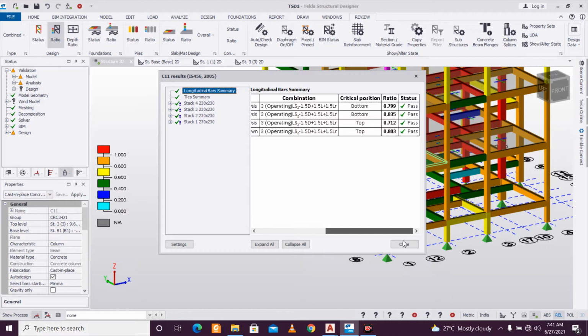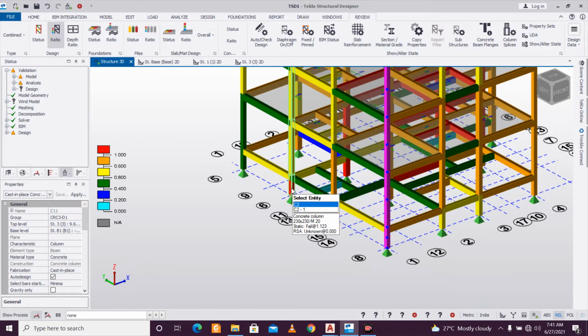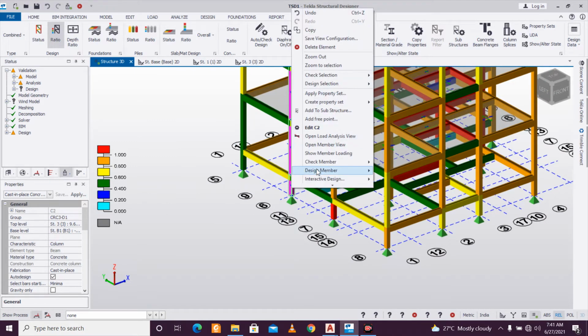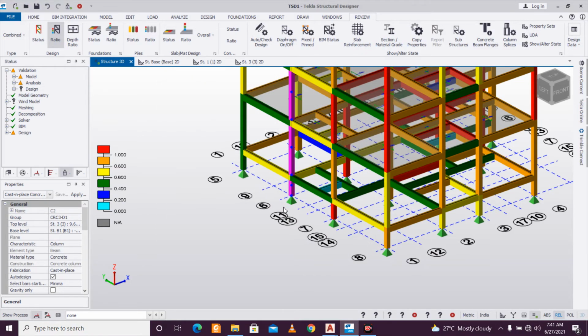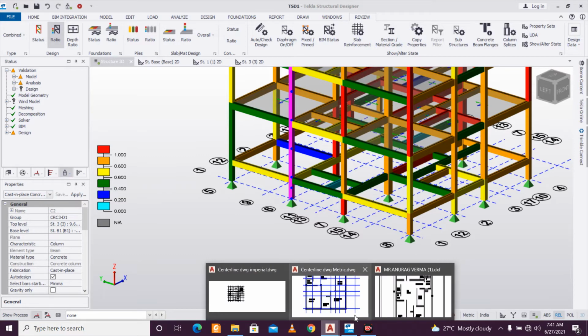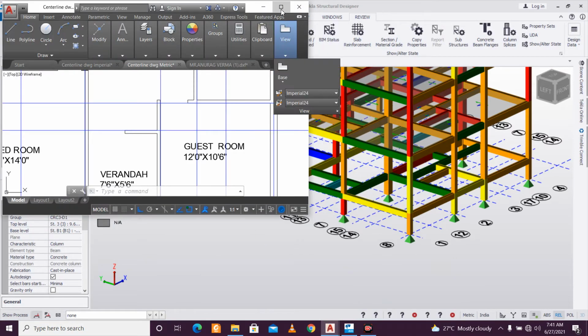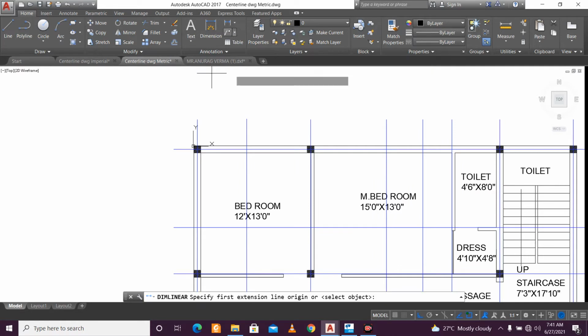In the top also, as you can see, the ratio is increasing. Okay, let's provide it. The top, as you can see, the moment is increasing. So I think we'll provide an orientation to it, and you can check what orientation you need to provide here. So for this particular portion, let's see here,